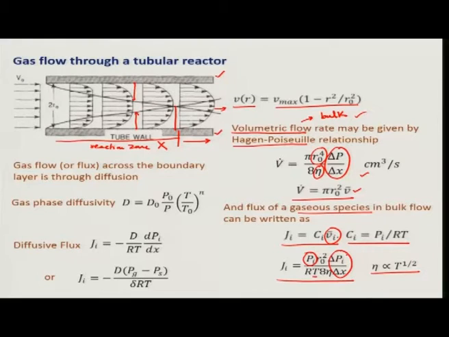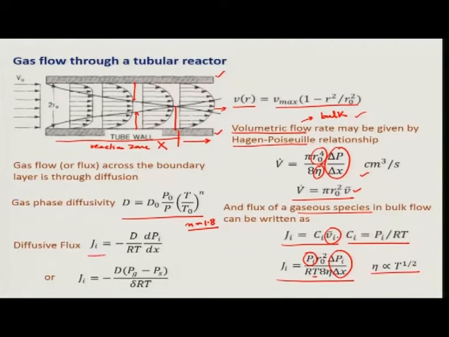So, all these will change for bulk flow. Now, bulk flow is one part, but these constituents should also move across the boundary by diffusive flow, right. So, we need to look at the gas phase diffusivity of these constituents. Gas phase diffusivity is given by this expression, where the temperature dependence n is of the order of 1.5 to 1.8, okay. So, it depends on temperature.